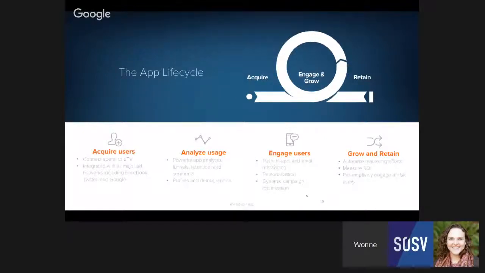And there's a lot of different tools that we offer today. Some of them are listed here on the slide. I'm not going to go through all of them, but these are basically the key areas of an app that we focus on, and that we focus on developing products and features that will enable you to effectively do all of these things, no matter what you're focused on in the life cycle. So if you're more focused on churn at the moment, we have tools that allow you to focus on that. If you're focused on user acquisition right now as you're growing your app, those are also things that we will help you do.